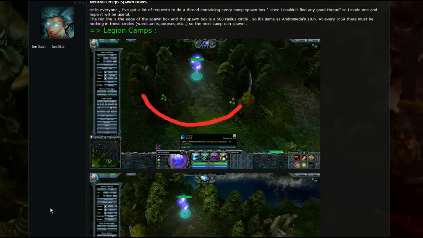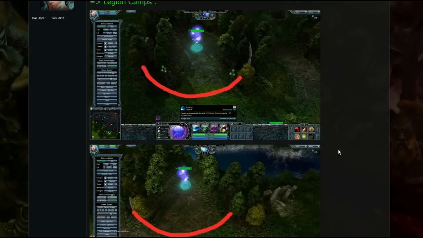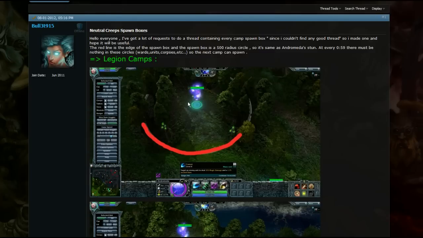Yeah, here we go. So, these are the neutral creep spawn boxes. And as you can see, it's 500 range from the mid, where the spawner is located. You could go into the map editor and look that up, but well, this is good enough. I could show it to you, but that's kind of overkill. So, as you can see,